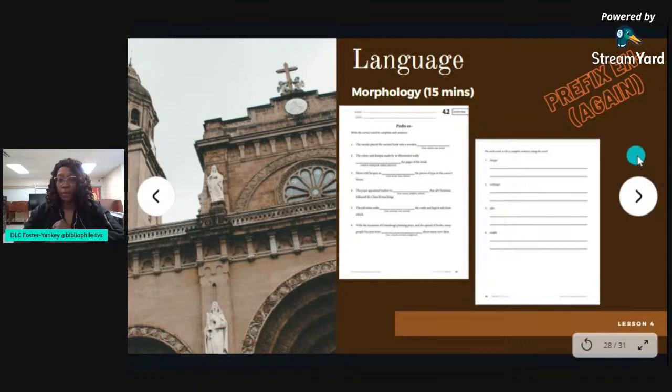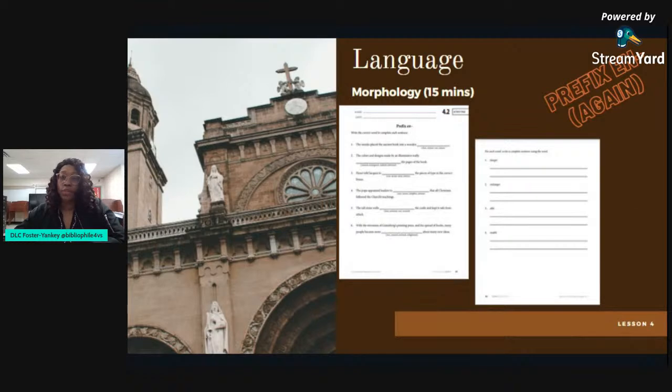Okay. Once they have completed that activity, students are going to turn to activity page 4.2. The teacher will read the directions and the class will complete the first item together. Students will complete the rest of the activity page independently, and they'll review answers either as a class or the teacher can grade those at a later time.